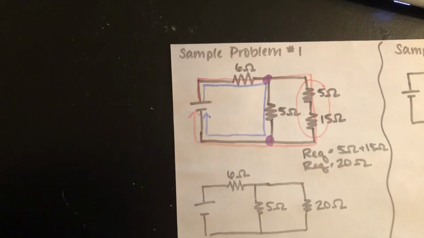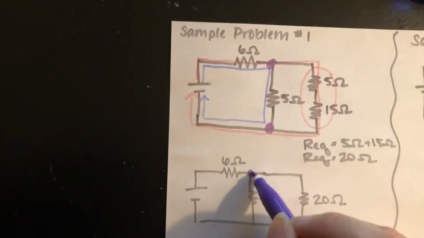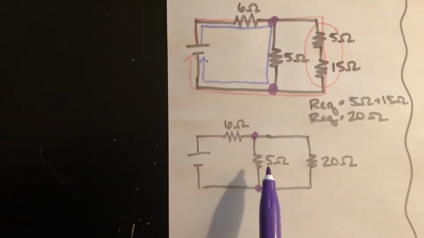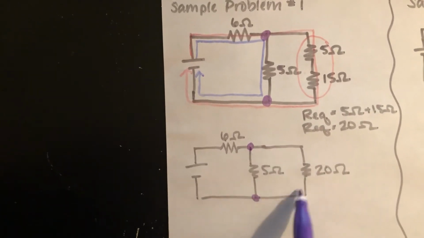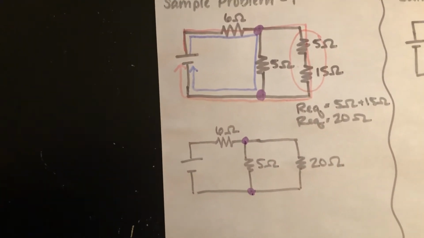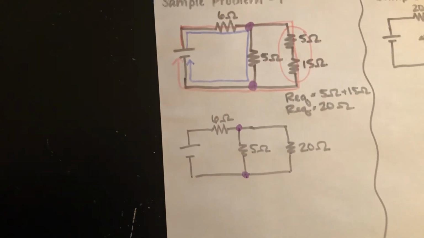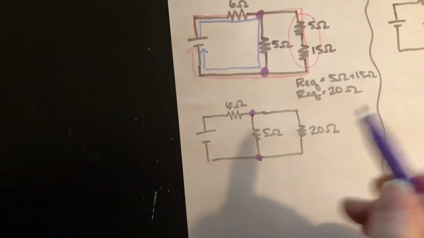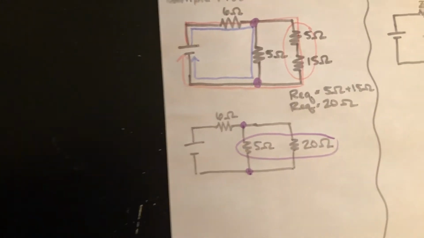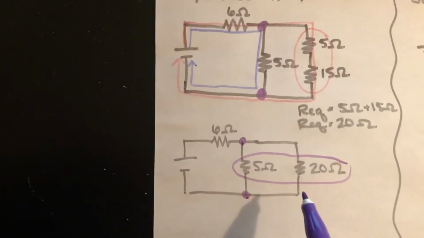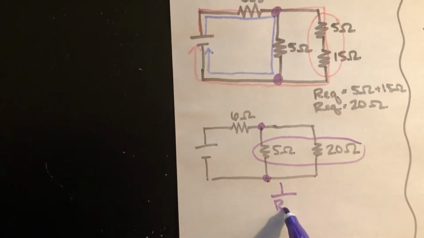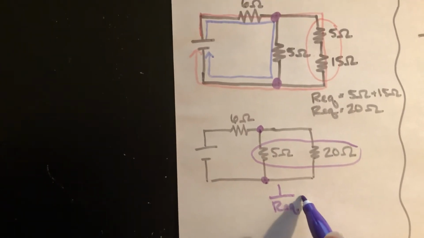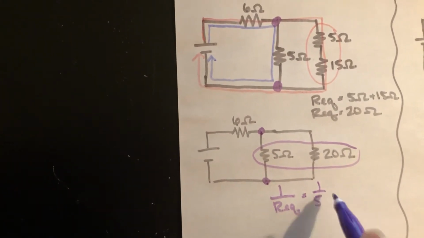Now I still want to focus in on my parallel section, so everything between these 2 purple junctions right here. But now I see that each pathway between the 2 junctions, from here to here and then from there to there, only has one resistor on it, which means that at this point I am ready to add these 2 resistors together. And these 2 resistors are in parallel with each other, which means I'm going to need to use my parallel equivalent resistance equation. So 1 over equivalent resistance is equal to 1 over 5